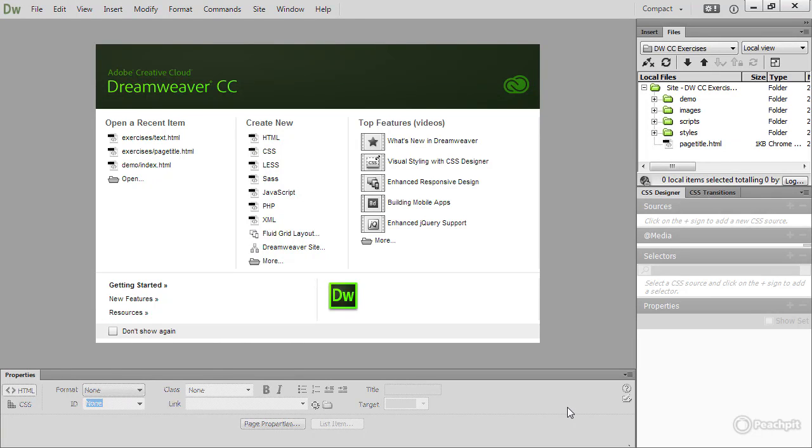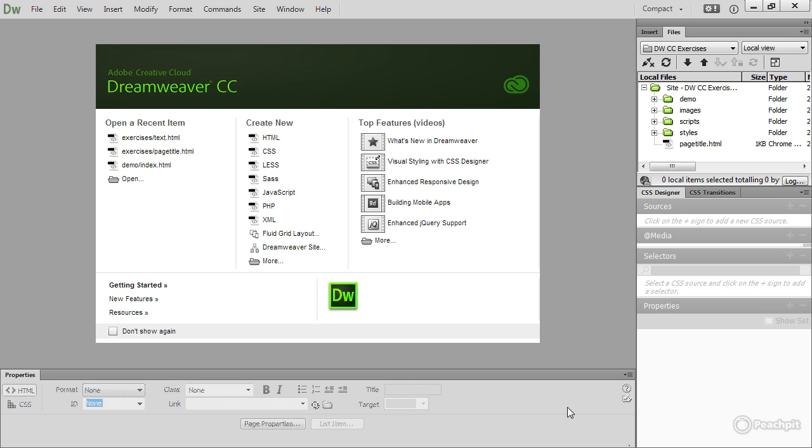Text lies at the heart of virtually every website. Images and decorative elements are of course important, but most of the time visitors to a website are looking for information which is usually contained in text. To make that content easy for both visitors and search engines to find, text needs to be organized logically with